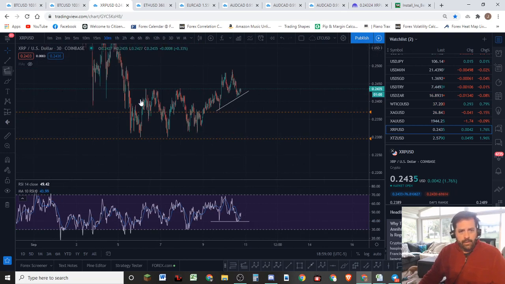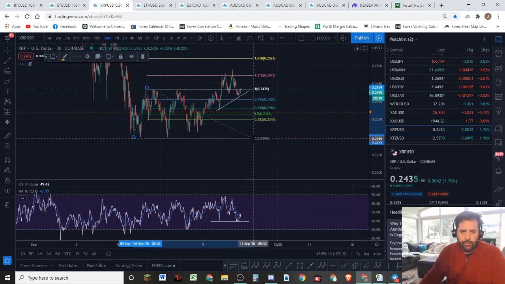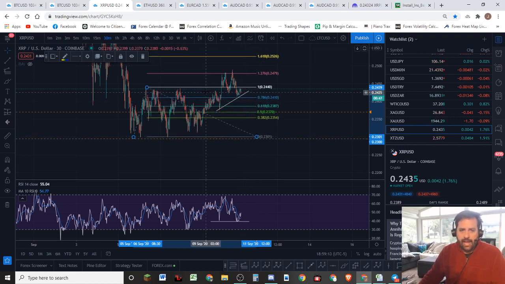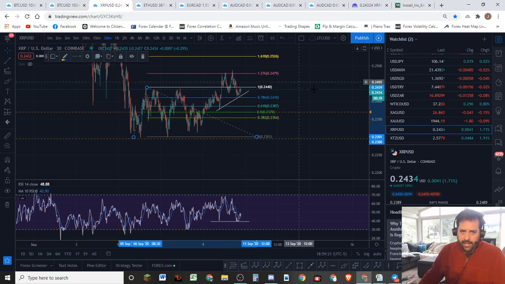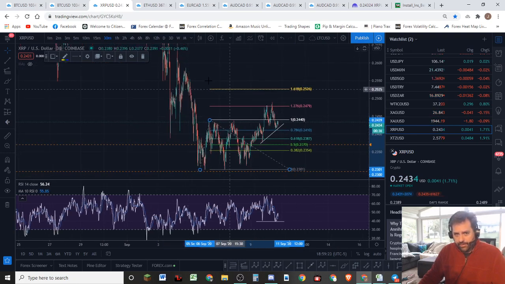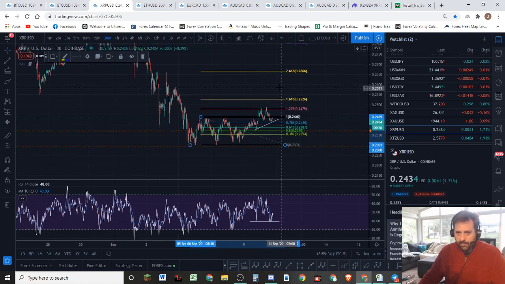However, again, we can see this three-wave pattern being made right here. And we've hit the 127 extension here on XRP. So we don't have a lot of room to go up, but XRP can go up to the 1.618. It has on several occasions done that, hit the 1.618, and it's been corrective, which is rare, but it can happen, and it does happen. So that would bring us up to this region right here of liquidity, where there was a lot of action in price, and so there's lots of money here for market makers to come up and tag before they take it down, if they do.